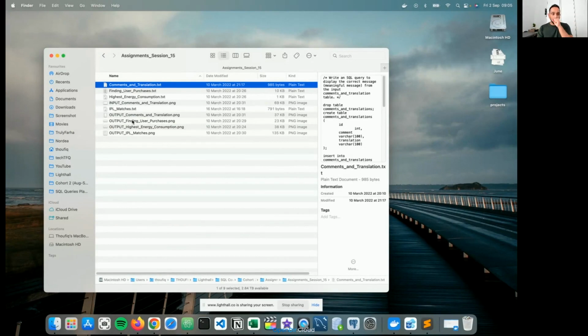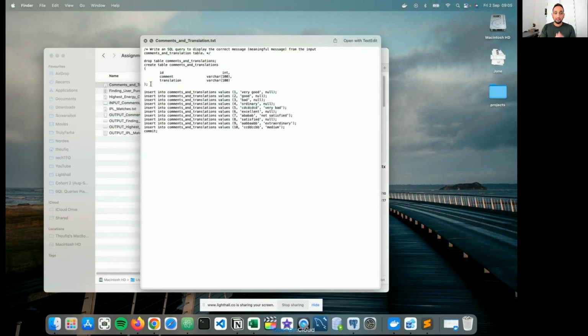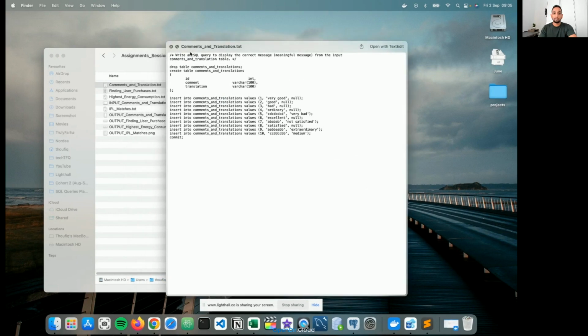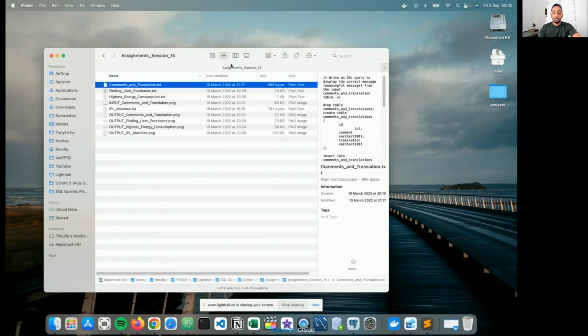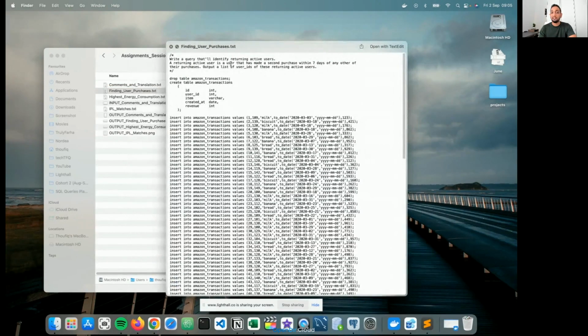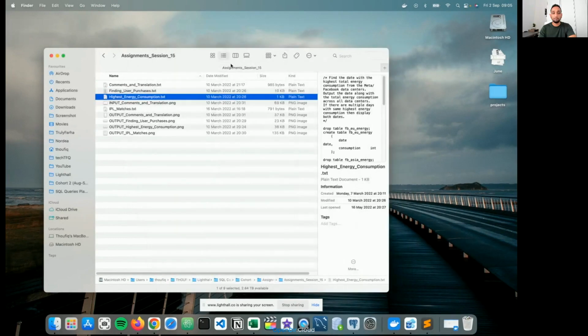The problem statement is mentioned in the text file. You can see that I have a text file here. Here you will get the data set you need to use for each question, along with the question itself.